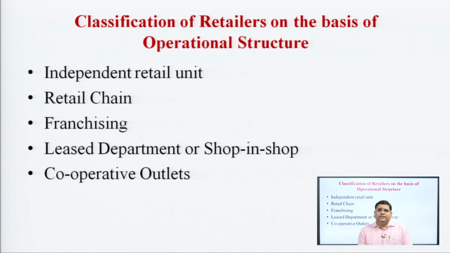Next is franchising. Franchising is another form of structure in which there are two parties involved. One is the franchisor and another is the franchisee. For example, McDonald's. McDonald's operates its food stores through a franchisee system across various countries. In the US they have it, in European countries they run it, in China they run it, in India also they run it. They use the similar technology, the same logo,